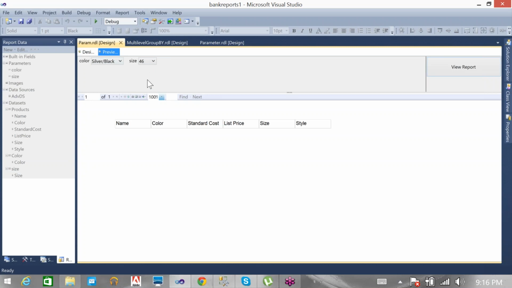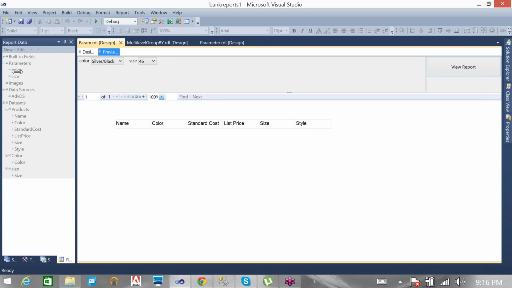Then let me say, that's good. Okay, then what we need to do: the second parameter should know the first parameter selection. Then who knows this first parameter selection? Who has the value of this first parameter selection? The first parameter itself.